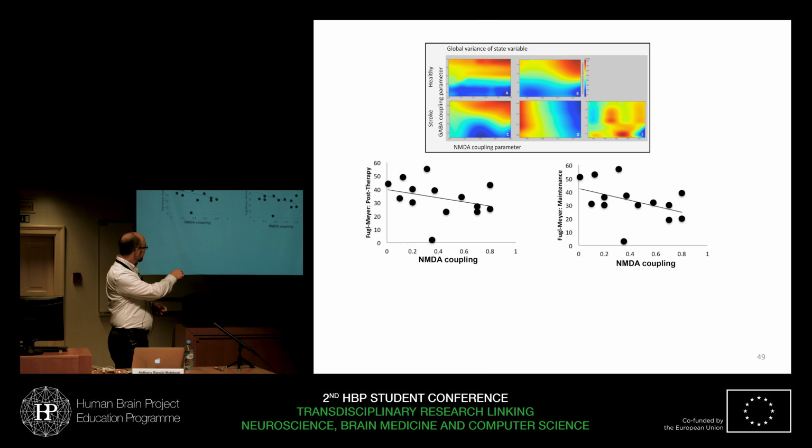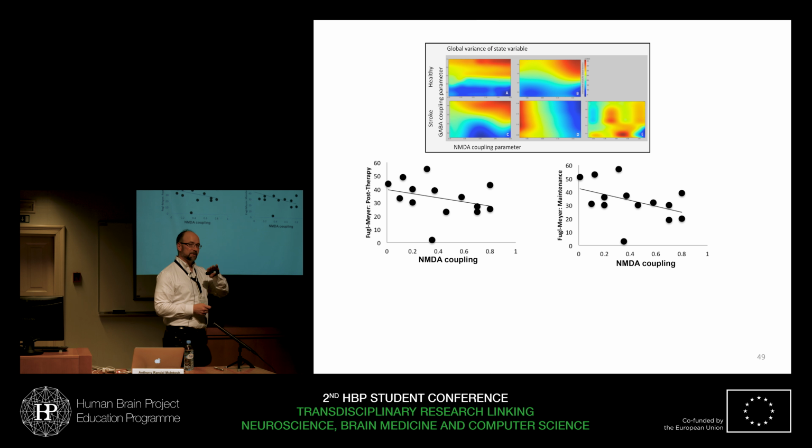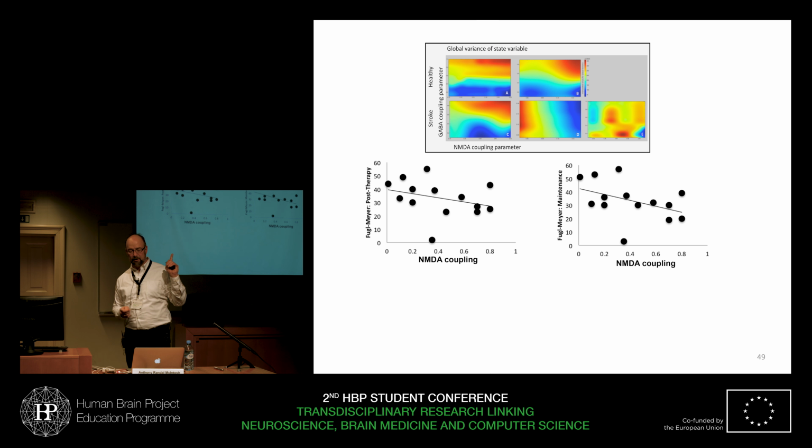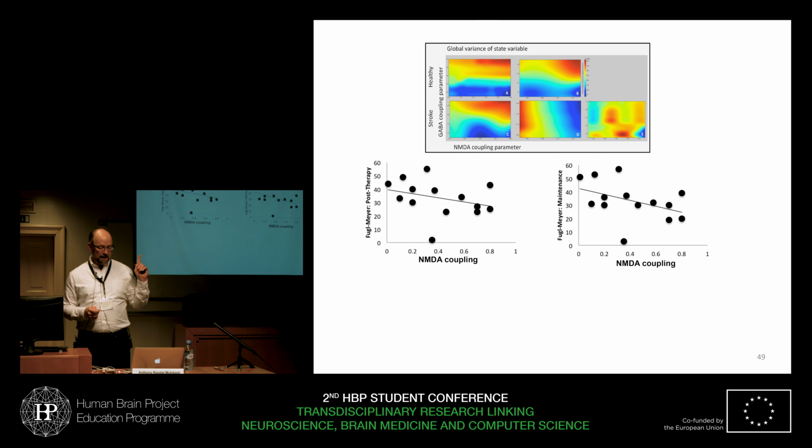For the stroke subjects, you see that they're quite different. Again, not surprising because they do have a hole in their brain, but it's nice to see that there are some differences between them. The parameters are actually meaningful clinically in this particular case, and that's what's shown in the scatter plot below. The scatter plot below is a measure of the response to motor therapy for the stroke subjects. And this is immediately after therapy, and this is